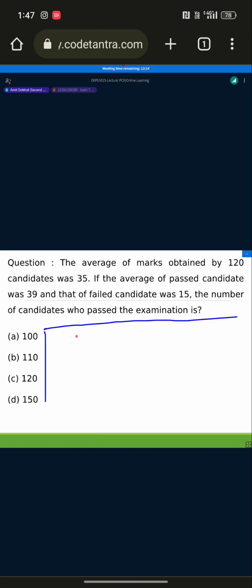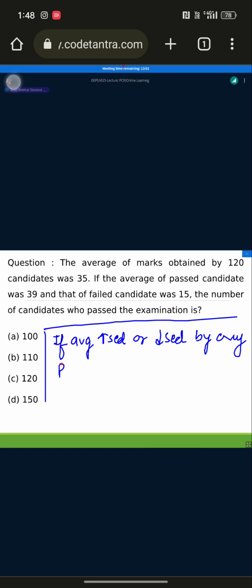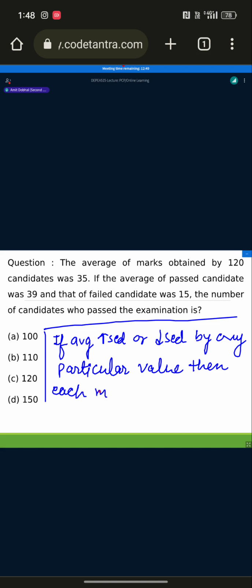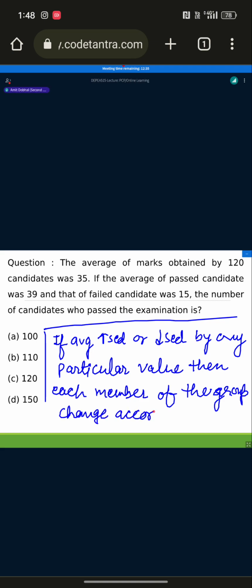तो ये एक पॉइंट हो गया। सेकंड पॉइंट क्या था? If average increased or decreased by any particular value, then each member of the group change accordingly. ये पहले देखा था हमने, ठीक है? कि अगर मैं कहूं कि अगर मैंने एवरेज 1 इंक्रीज कर दिया तो ईच मेंबर विल बी इंक्रीज्ड बाय 1, and if average is decreased by 1, so each member is decreased by 1, right? Okay, now